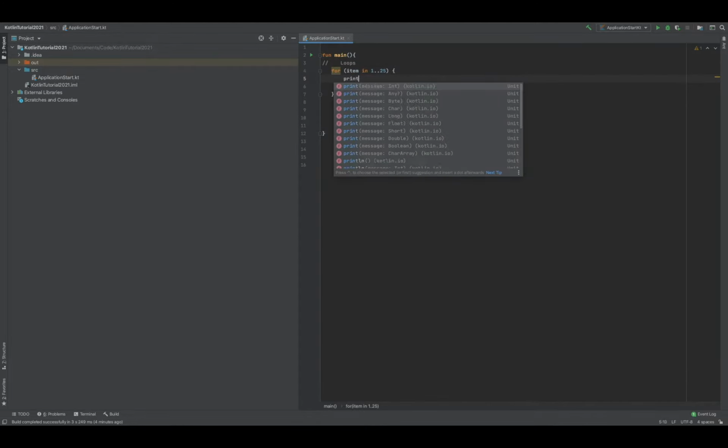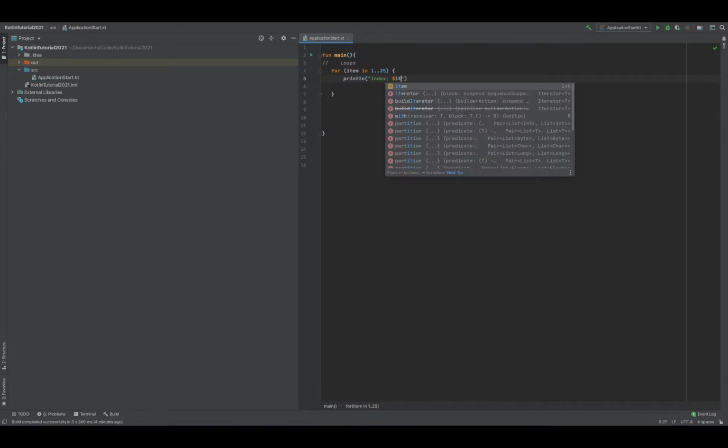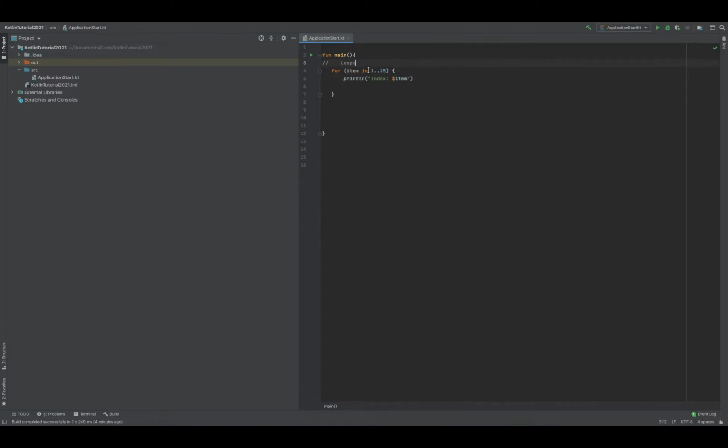So I'm going to println. I'm going to have a string called index, then a little colon, and then a string template of item. This is just a range that I talked about before in the when statement example. These dot dots specify that I want a range of numbers between 1 and 25. So when I run this,